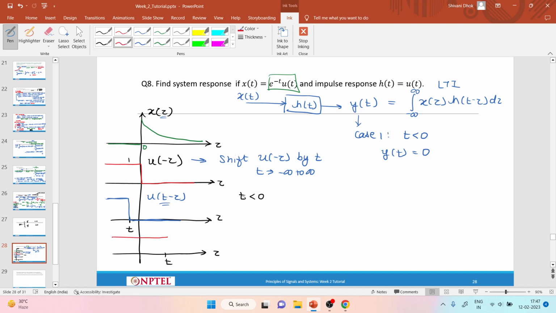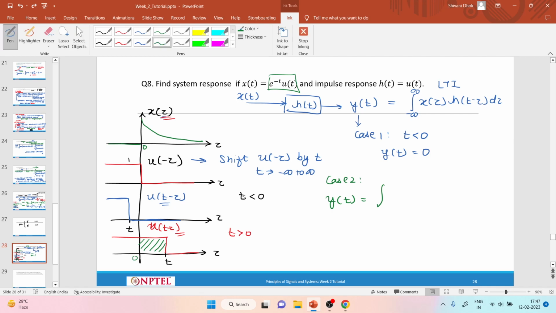It is something like this. So now if I observe these two equations, this is the case when my t is greater than 0, this is u of t minus tau. And if I look at this one and this one, this shaded region is the region of overlap. And therefore for my case 2, my convolution output y of t will be equal to